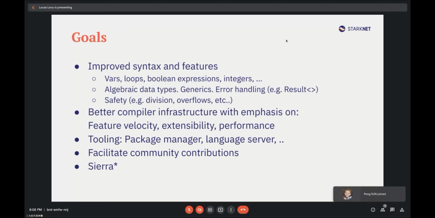We'll have more data types. For example, we'll have int as a standard library, which means that you'll simply have to type your variable as an int, and it will act like an int. For now, if you want to have an int, you'll have to use the uint256 library, which is not really convenient.